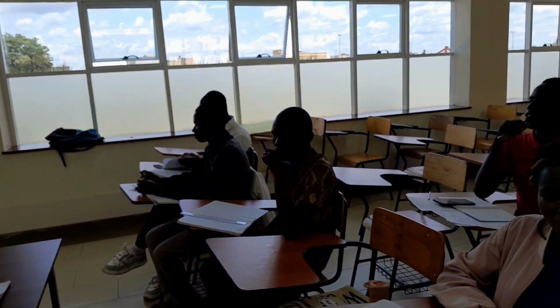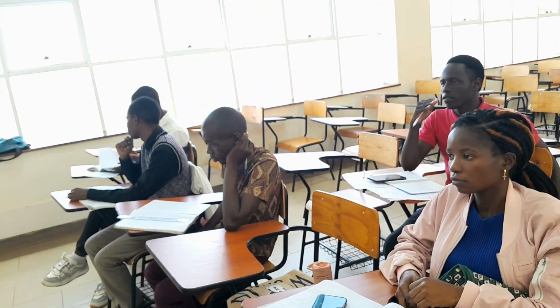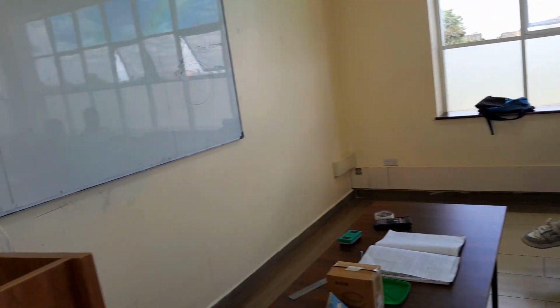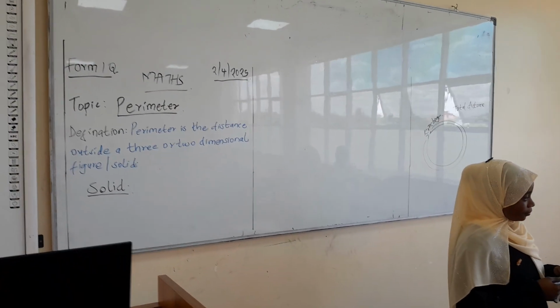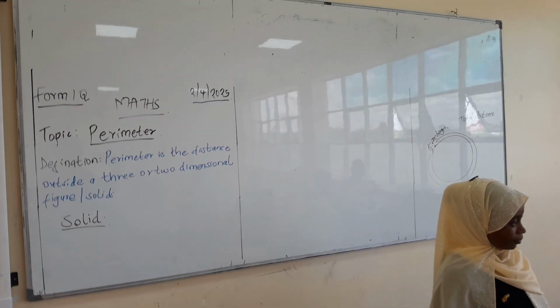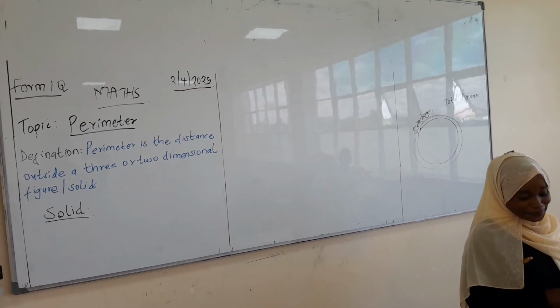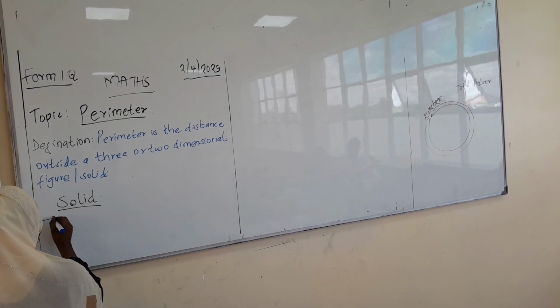A solid is maybe an object that has length, width, and height. Correct. One clap for Caleb. Physical, it is a physical or geometric shape that occupies space. Yeah. One clap. Yes. So, a solid. These are figures